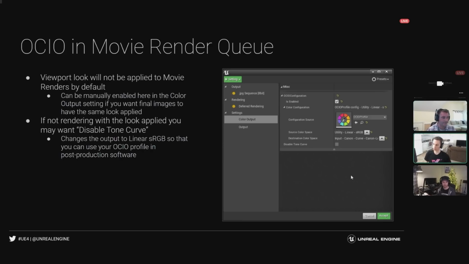OCIO is always going to expect a linear sRGB input, and then the destination color space is up to you. Here we've done Canon log, but if you were to not use OCIO and just disable the tone curve, that's how you would get linear sRGB out without using OCIO.